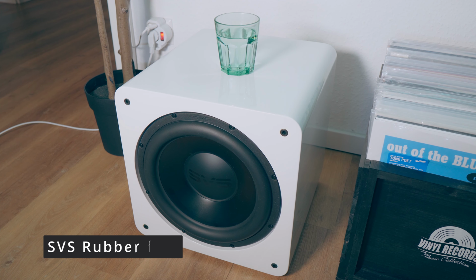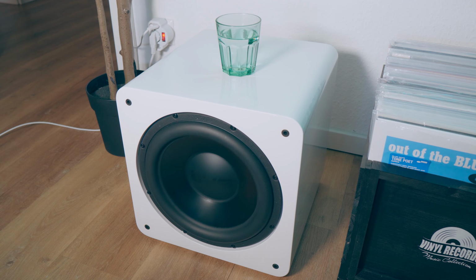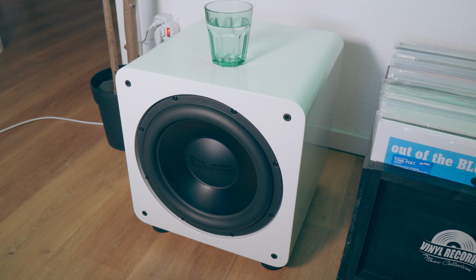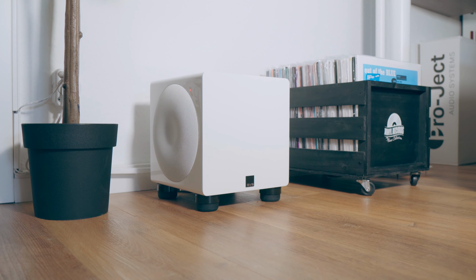With the standard feet it looks like the subwoofer is more stable, but actually micro vibrations are transmitted to the ground with noise from objects around. Here the subwoofer looks more flexible, like the Tokyo Sky Tower, and vibrations are absorbed by the sound pads without degrading any performance. So it was my first upgrade when I had the 2000 series and worth